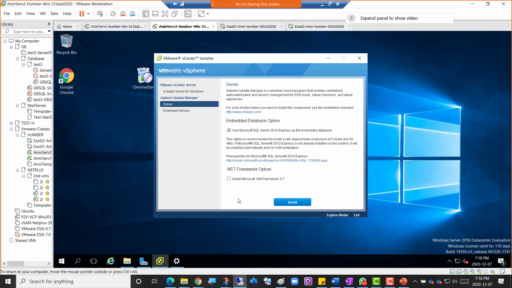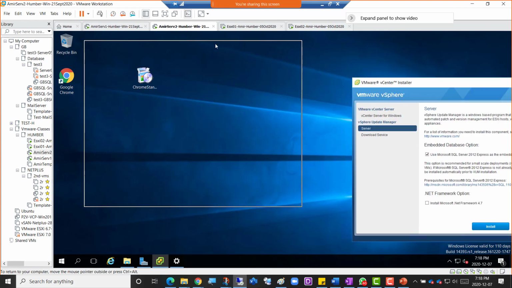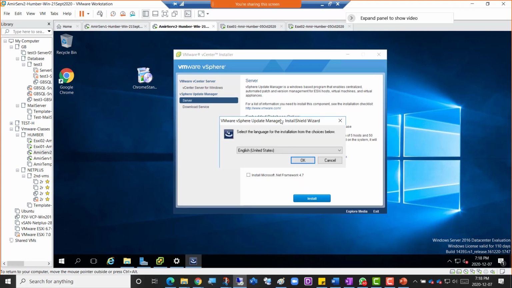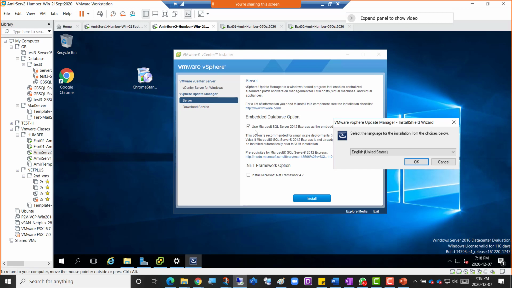So guys, if the SQL is done, I think it's just showing that it's done, so I'm just going to uncheck this. If SQL is installed and you still check it, it will detect whether SQL is there or not, and most probably it doesn't install SQL again.